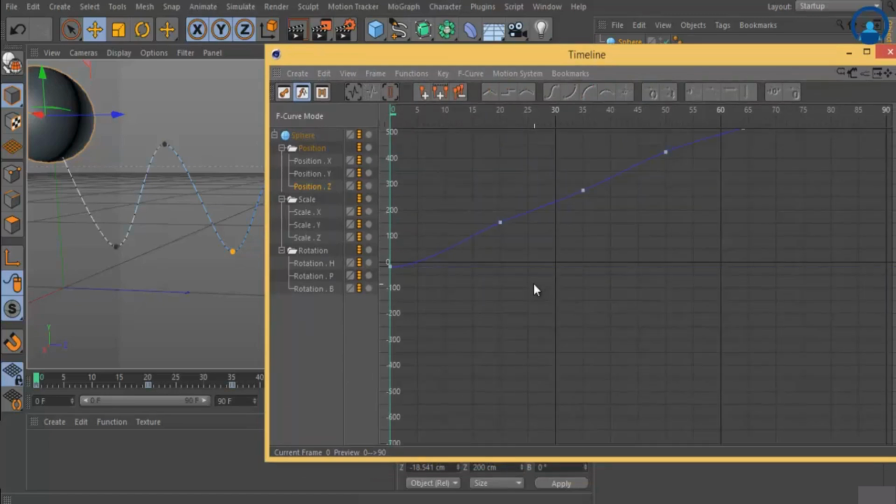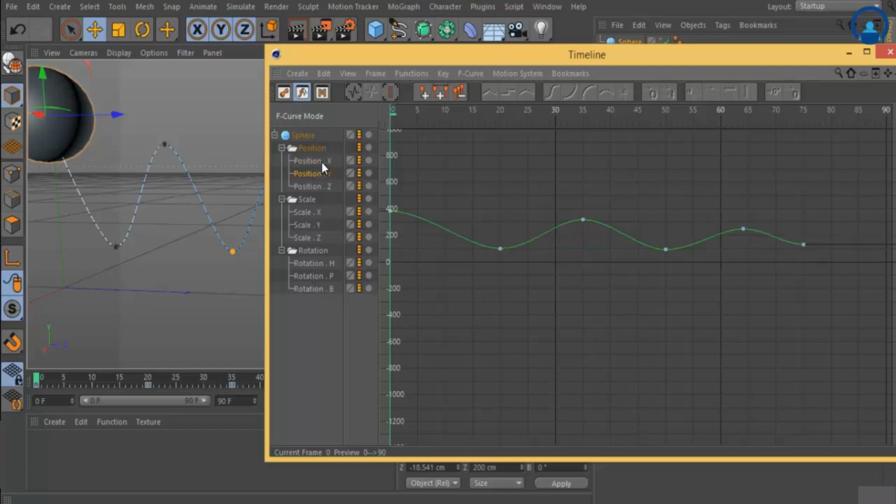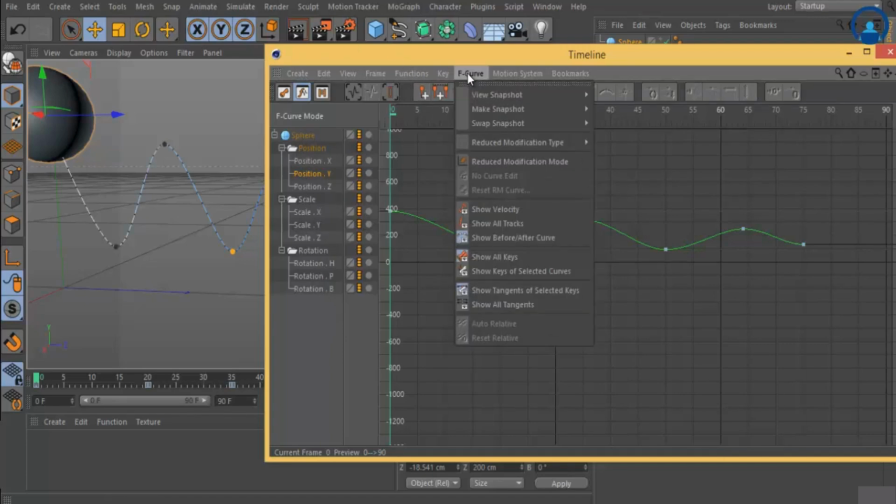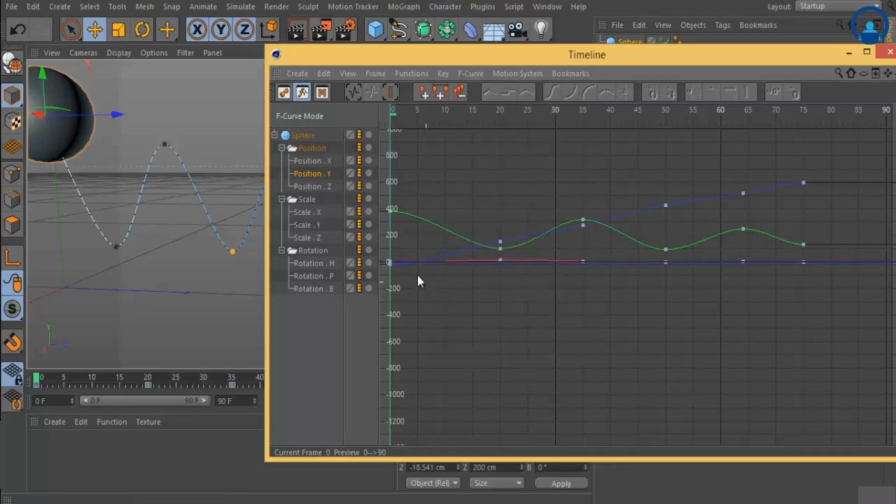You can see this is the property of Z, this is the property of Y, and the property of X. If you want to see all properties or all keyframes at a time, you can go inside F-curve and click on this show all track option. Now I can see the position properties of X, Y, and Z at a time.